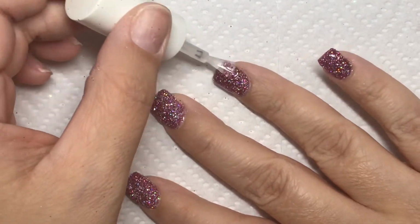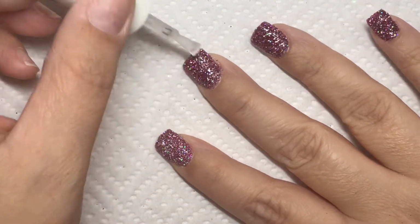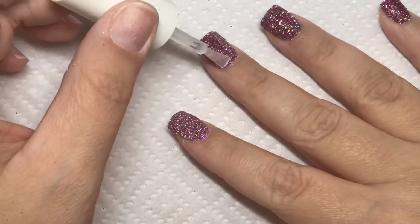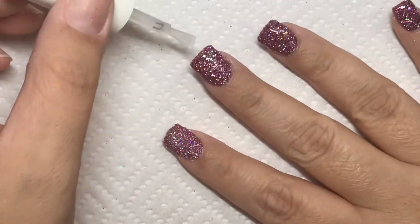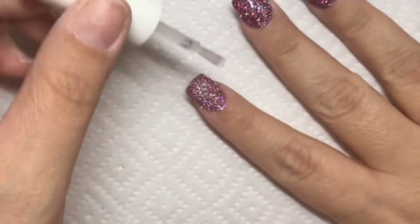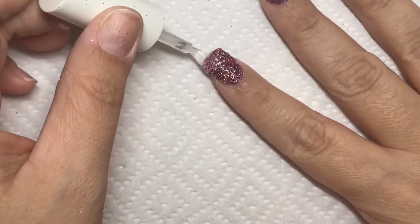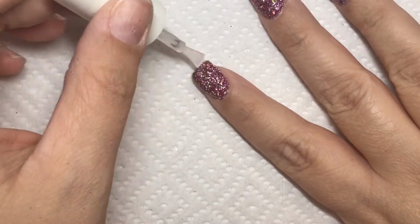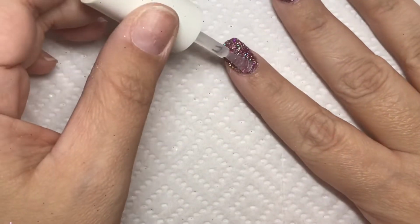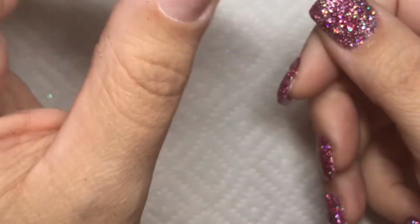So what I'm doing is I'm just taking a layer of the base that we used before when we were dipping, and I'm putting that over top of the entire nail, making sure that I focus good around the cuticle area and around the edges of my nails so that when I file and buff, I'm not filing and buffing any of that glitter off